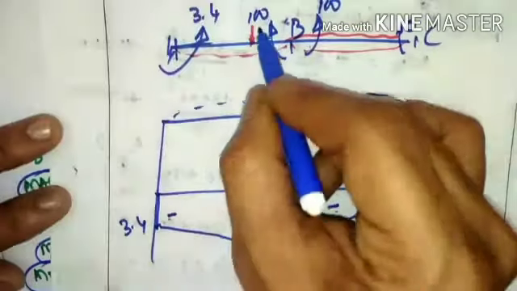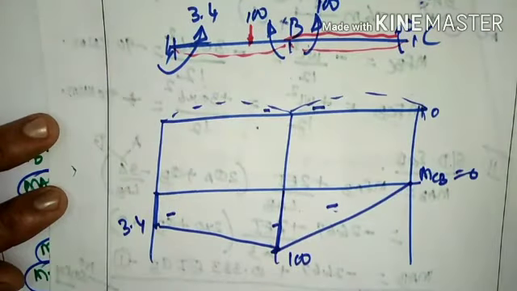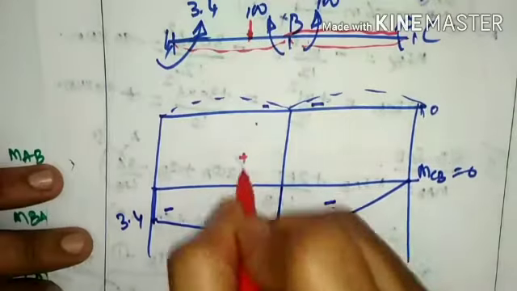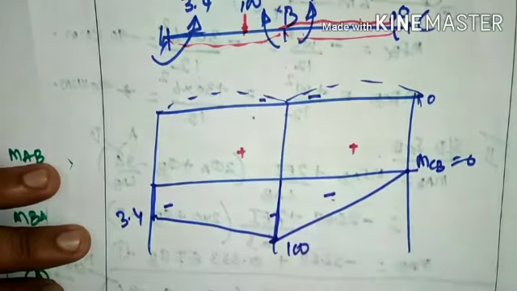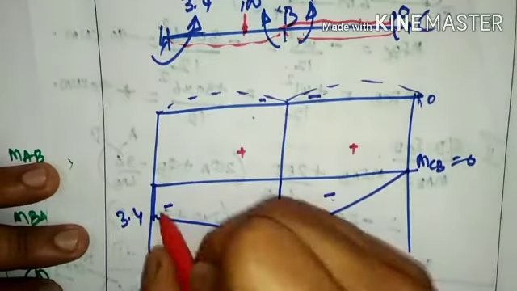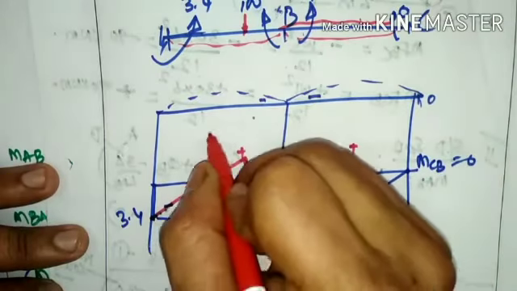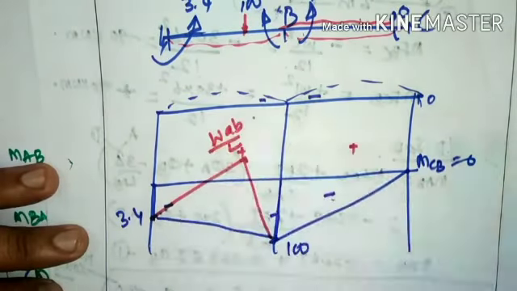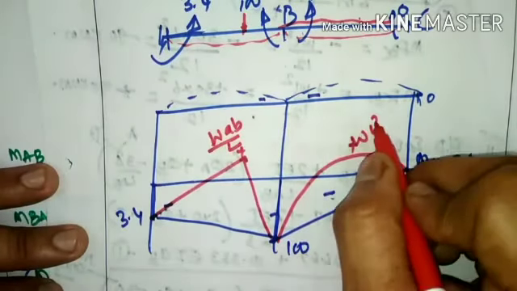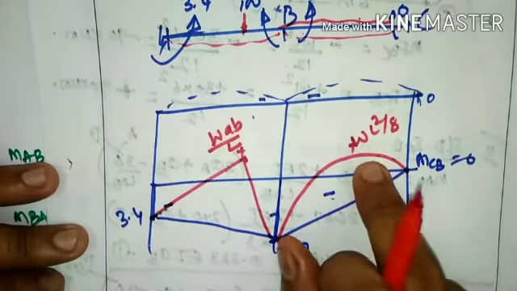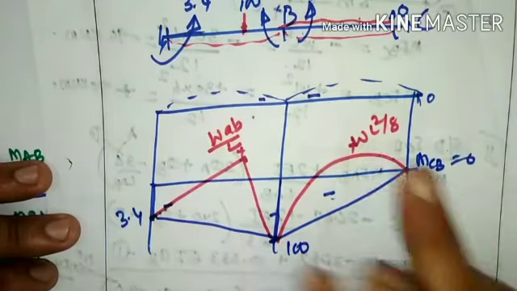Above this, as the 100 kilonewton load will sag. Sagging means positive. Positive shall be shown on the positive side. UDL will also sag. Positive means on the upper side, that means it has to move above. So bending moment value for a simply supported beam carrying a point load here is WAB by L. And here for this UDL it is WL square by 8. Please do remember this is free moment. Earlier WL square by 12 was fixed moment.